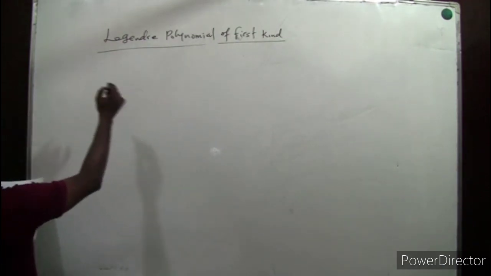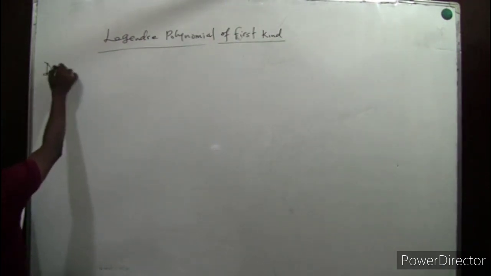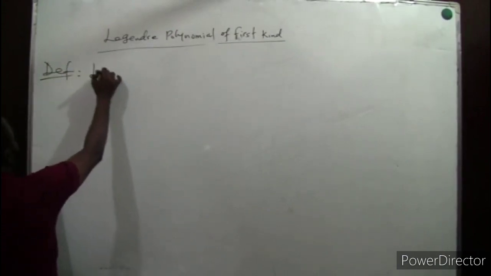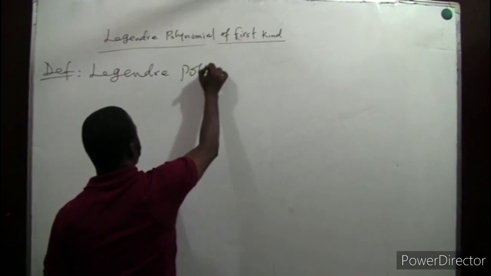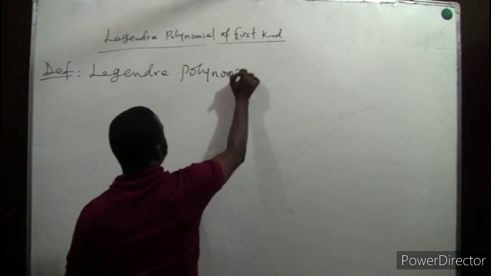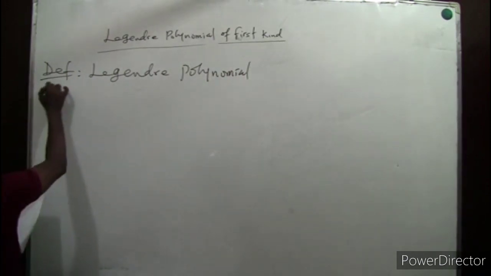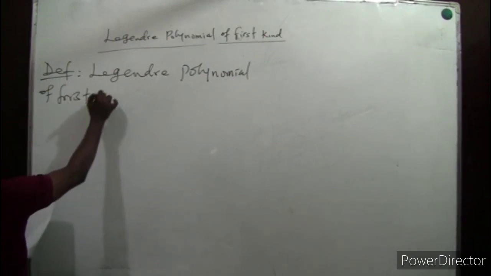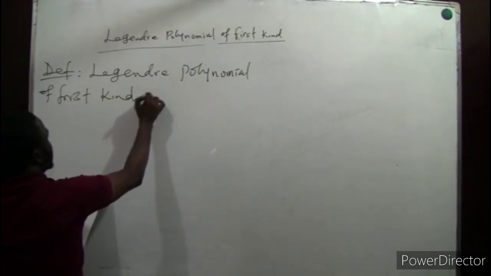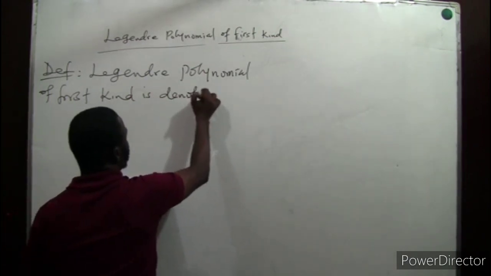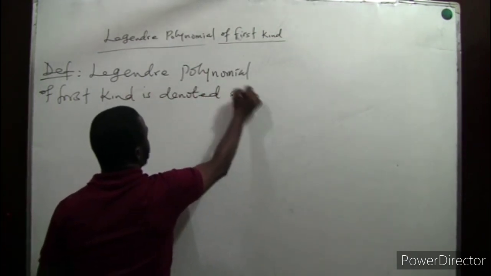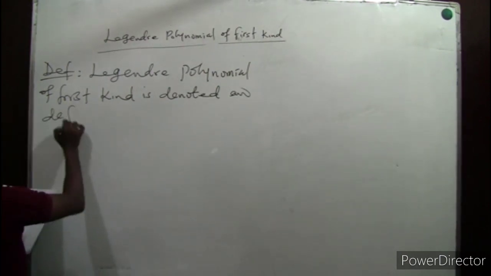We told ourselves in the last class that the Legendre polynomial of first kind is denoted and defined by